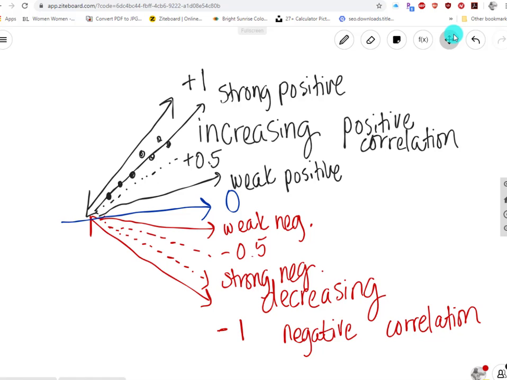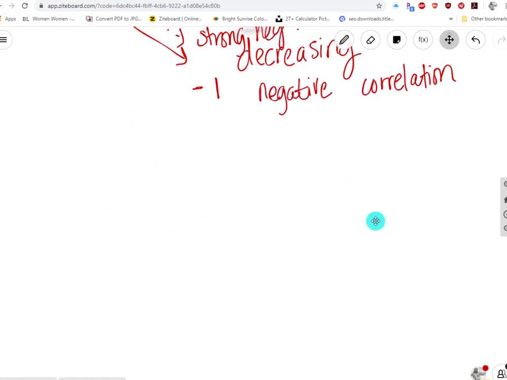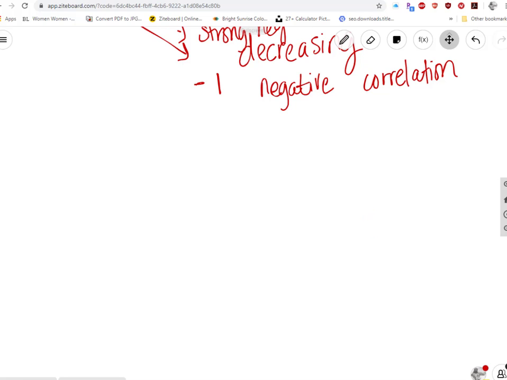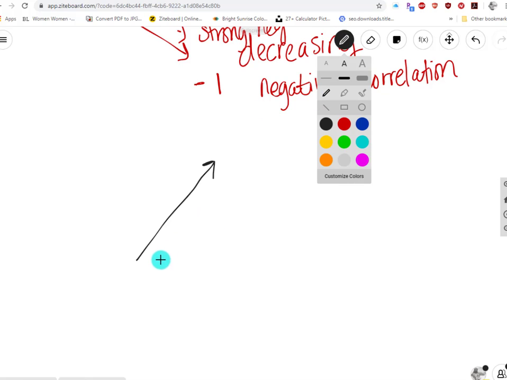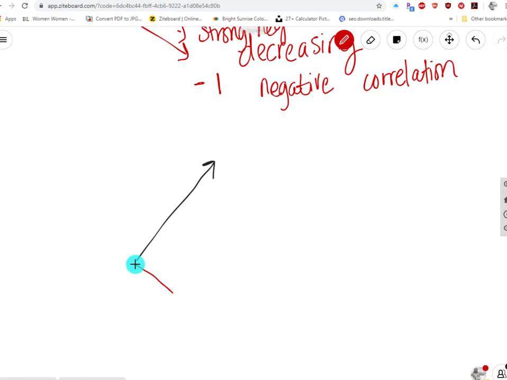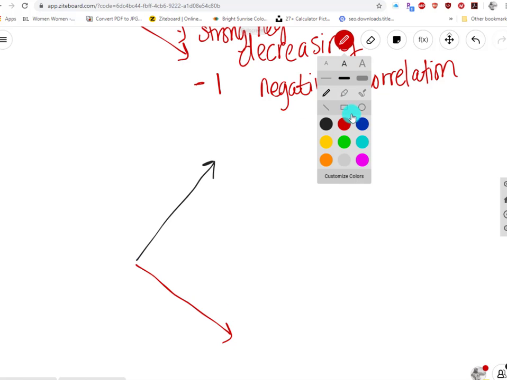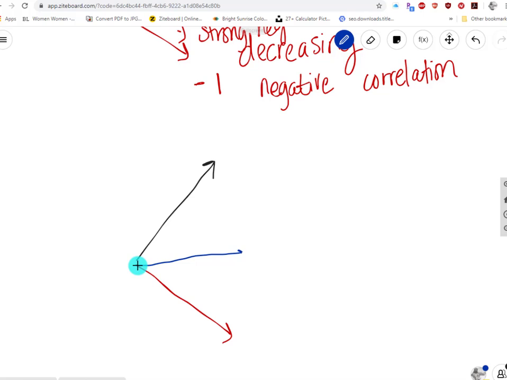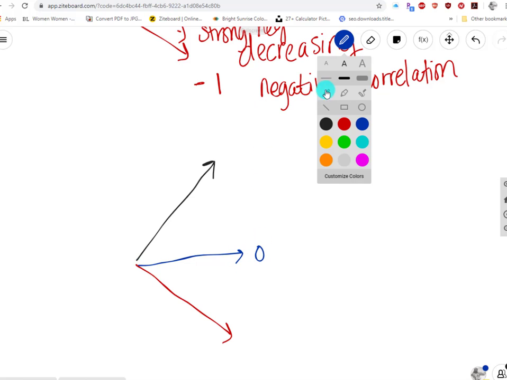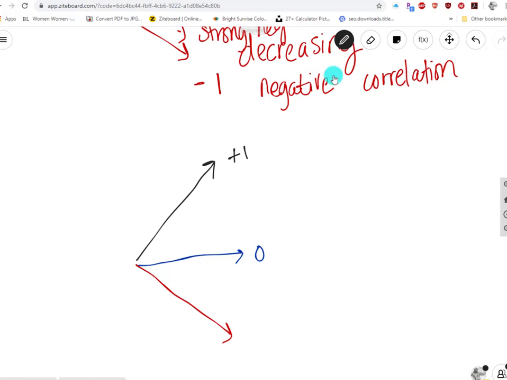If we were going to look at this in terms of strong and weak and moderate, I'm going to scooch this down a little bit here, and I'm going to go ahead and draw my lines here again. Do black. This is 0. This is +1. This is -1. The closer a line is to +1, or the closer the trend line would be to +1,